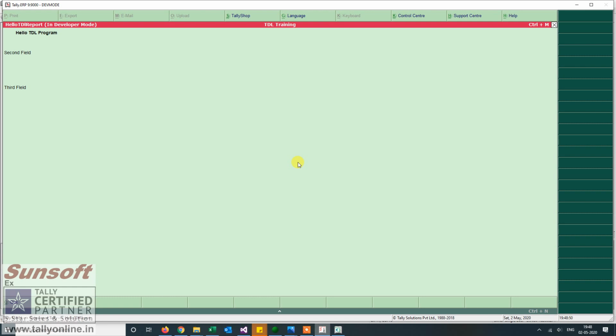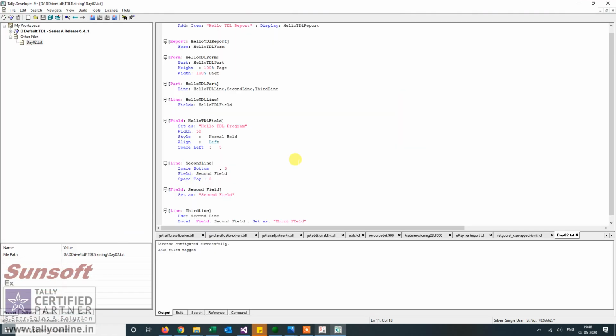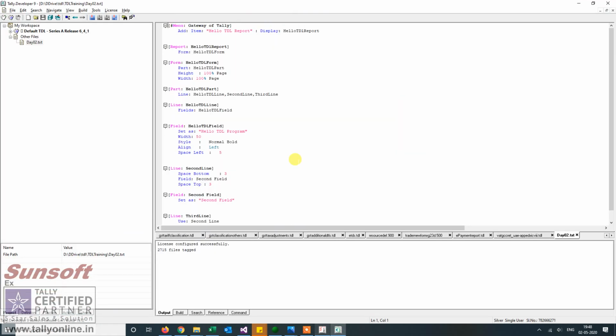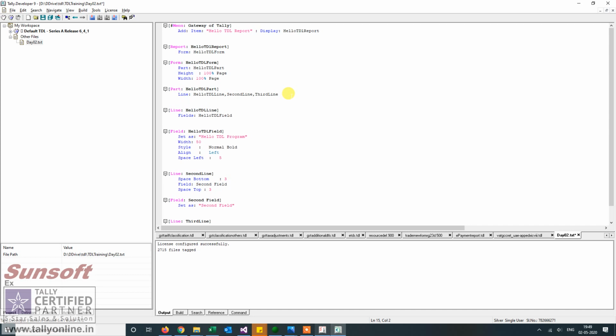Now how do we know what the size of my form is? To do that, there is a special attribute called border. So to the part I give a border.